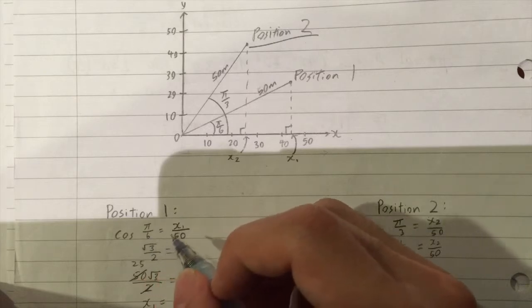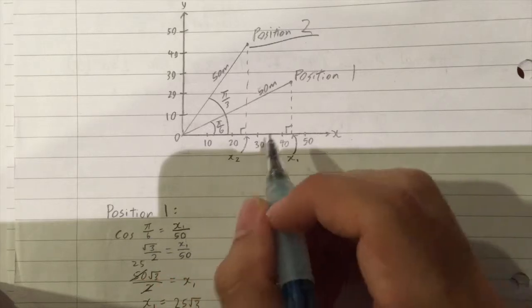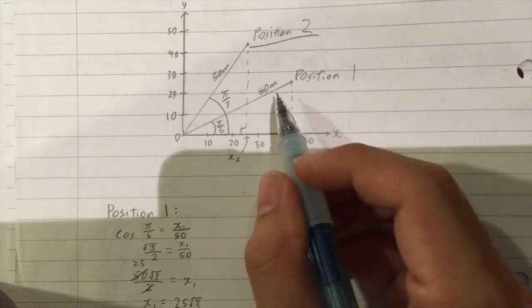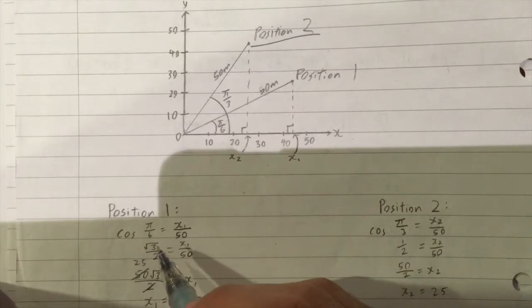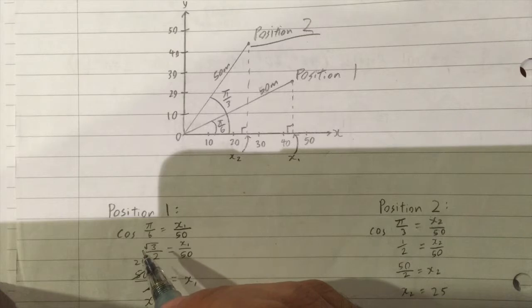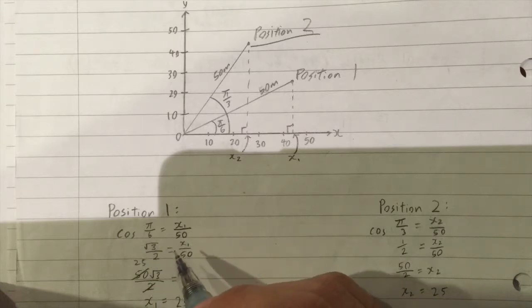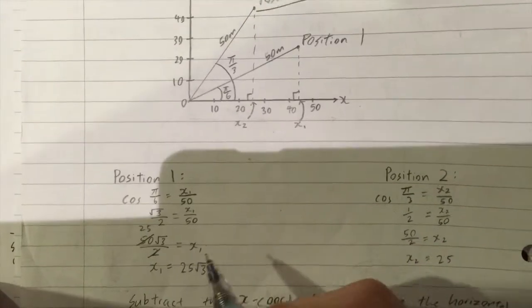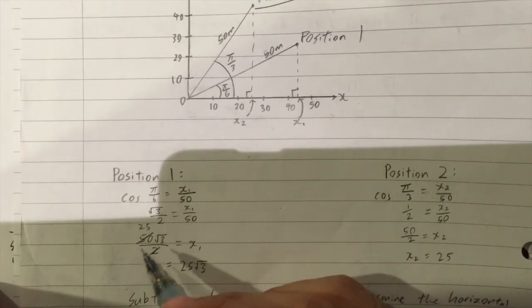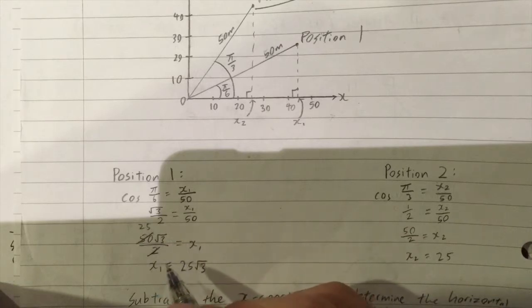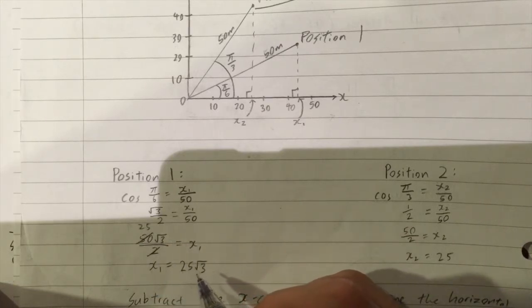cosine pi over 6 equals adjacent over hypotenuse, which is x1 over 50, the hypotenuse. Therefore, we insert the values using special angles. Cosine pi over 6 equals root 3 over 2 equals x1 over 50. When finding x1, we throw the 50 over, so we get 50 times root 3 over 2. So after simplifying it, we get x1 equals to 25